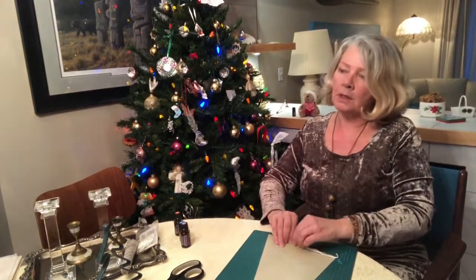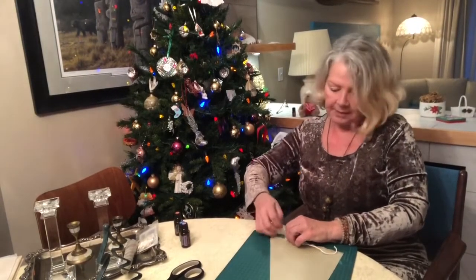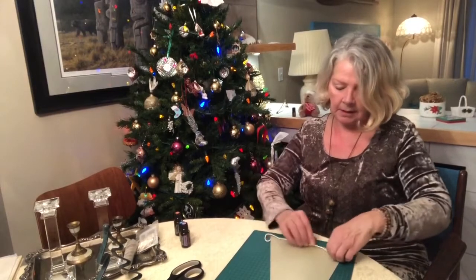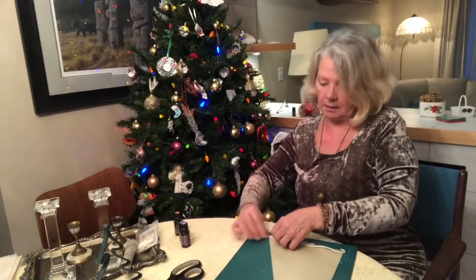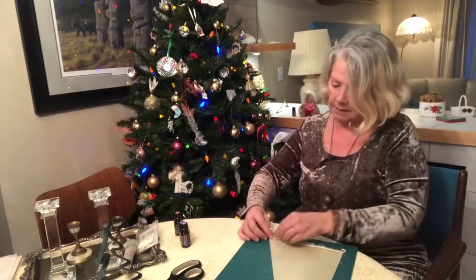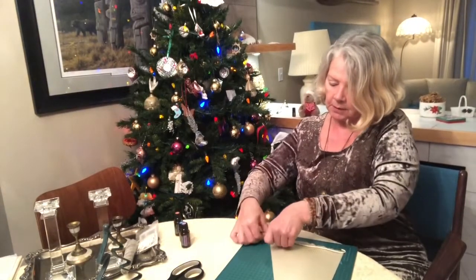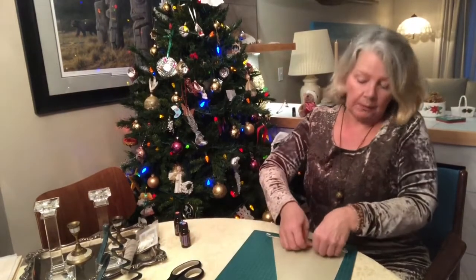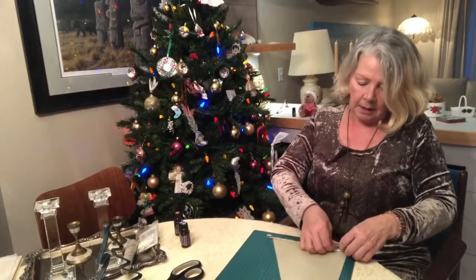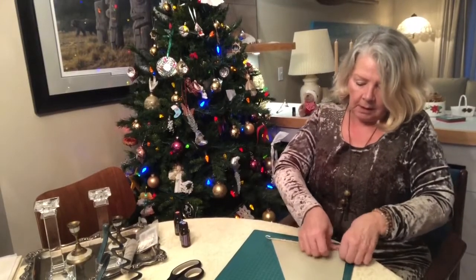And so what you want to do is have a nice tight little cocoon with this wick down the center, and it's sort of hard to get it started a little bit because you want to make sure you have it centered where you want it. So give yourself an inch at the top and an inch at the bottom to play with. And what you're going to do is just press down on the fold of the